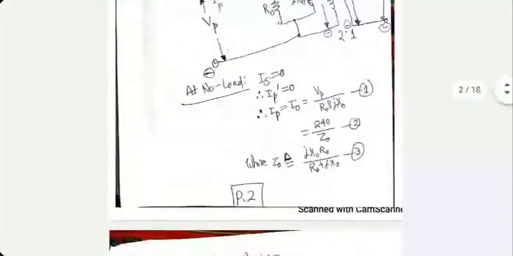Now I0 is given as 1 ampere with a power factor of 0.4. So I'm taking the corresponding angle minus phi0. Why minus? Because it's an inductive circuit. The current will lag for sure. The value of Z0 can be computed based on equation 3. I multiply numerator and denominator by R0 minus jX0 and simplify the result as shown here.